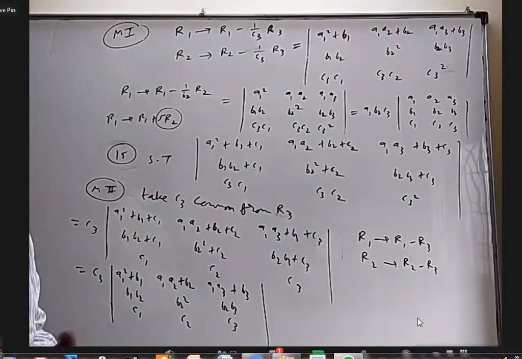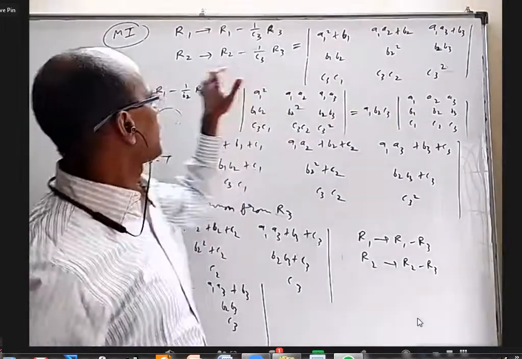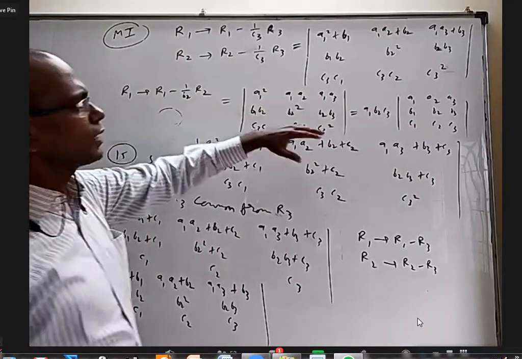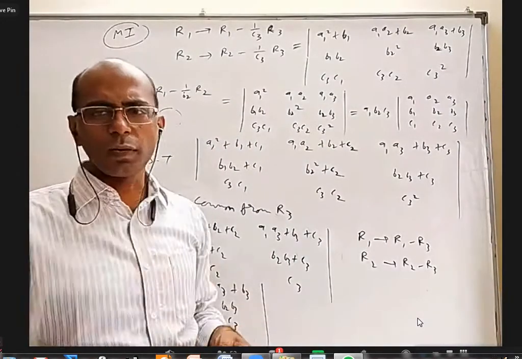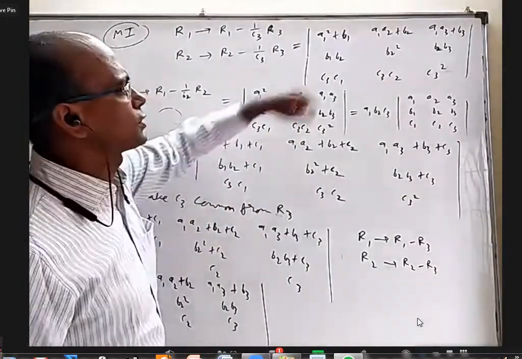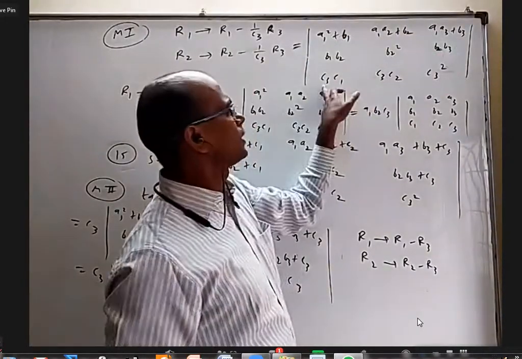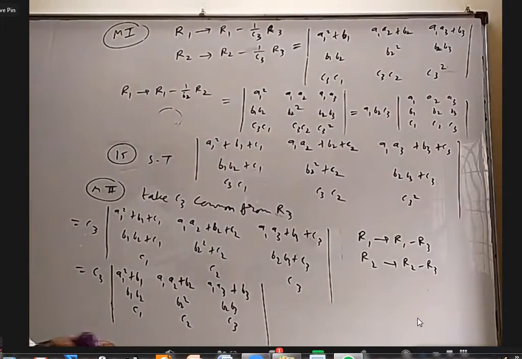Yes, sir. In the same way, when I do this operation, I am not doing it with R3. R3, I did not even write anywhere. But I have to divide this by C3, or multiply by 1 by C3. Divide this by C3 and then subtract here. So here C1, C2 will change, but it doesn't mean C3 will change. Is it all right? Yes, sir. Thank you, sir.